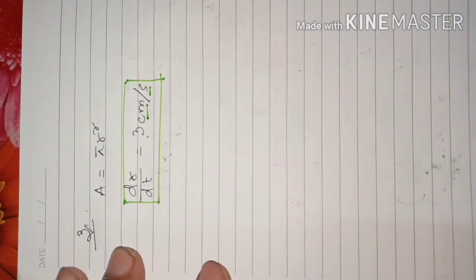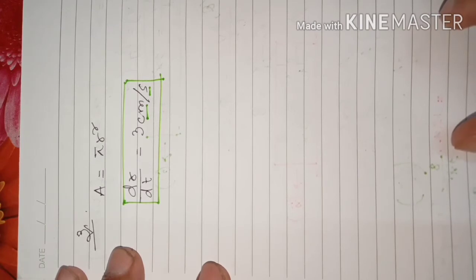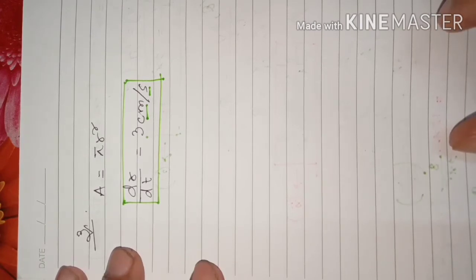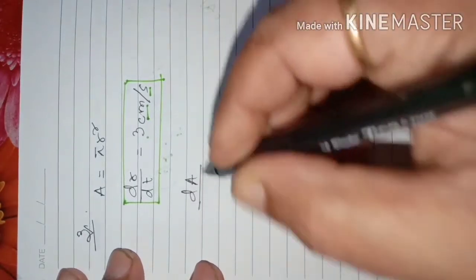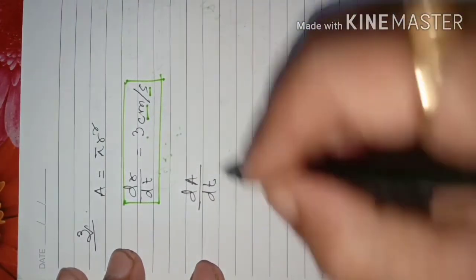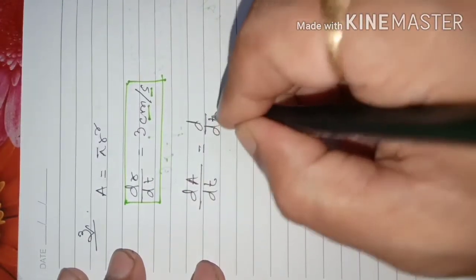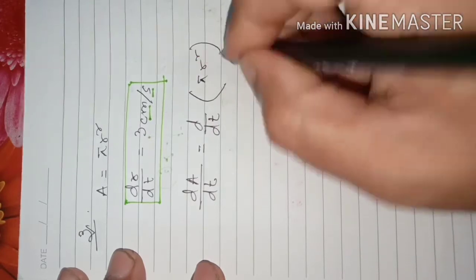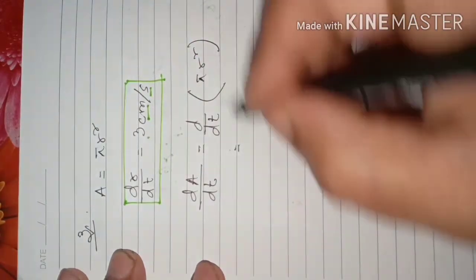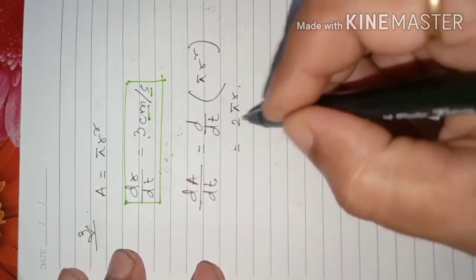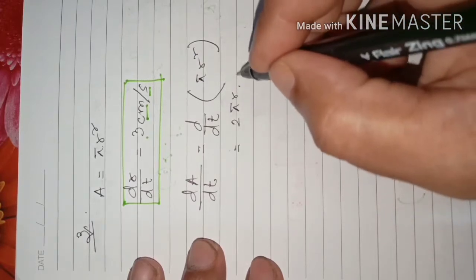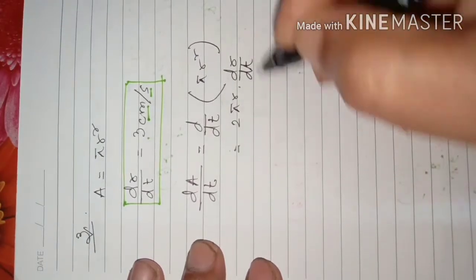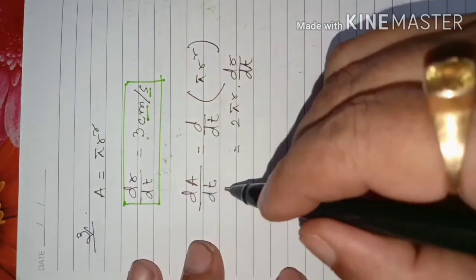We are asked the rate of change of area, or how fast it is increasing when the radius is 10 centimeter. The rate at which the area is increasing. So now dA by dt will be equal to d by dt of pi r square. So it will be 2 pi r into, since with respect to t we are looking for its rate of change, dr by dt also here. So this will give us dA by dt.